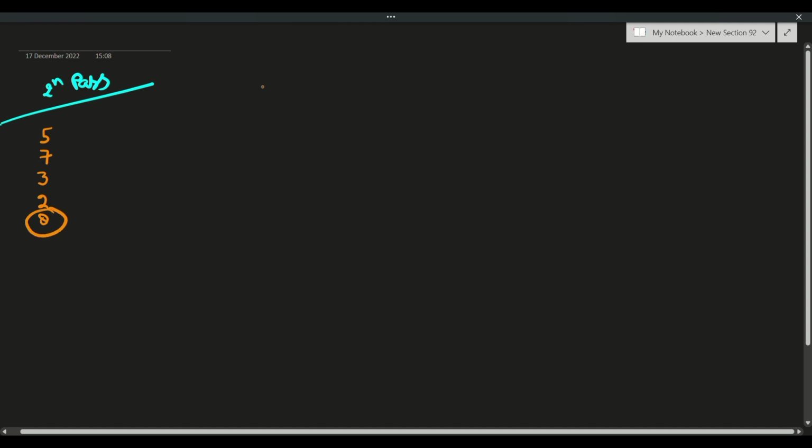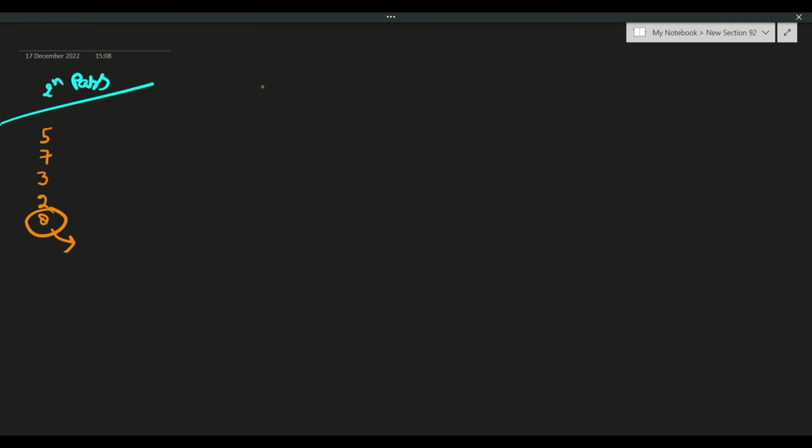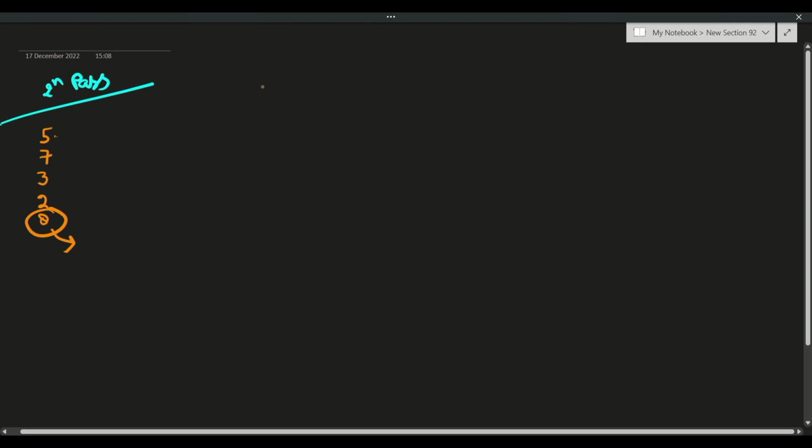What we see here is that after the first pass we get the largest element of that array at the end. Now the same thing we have to do in the second pass, but we have to check from the starting. Check whether 5 is greater than 7.